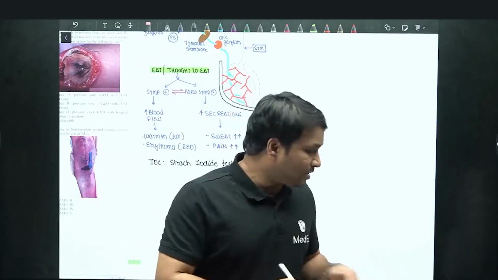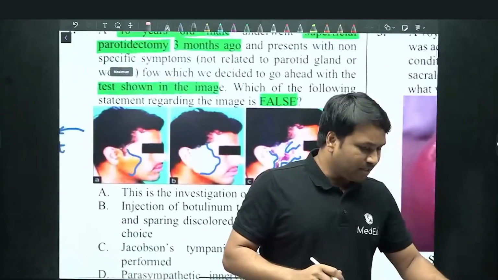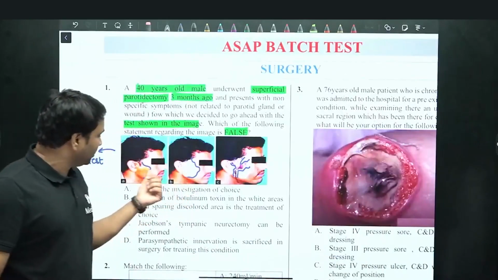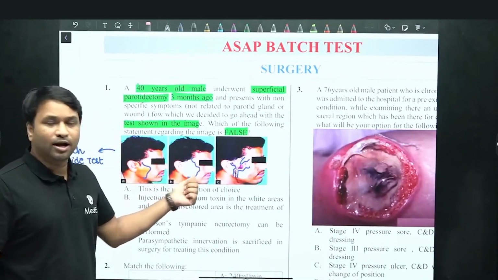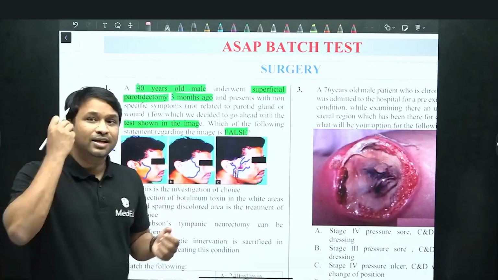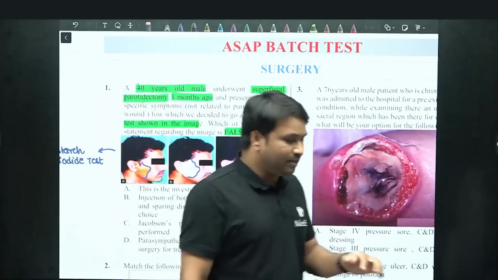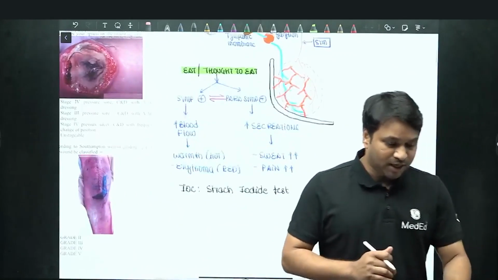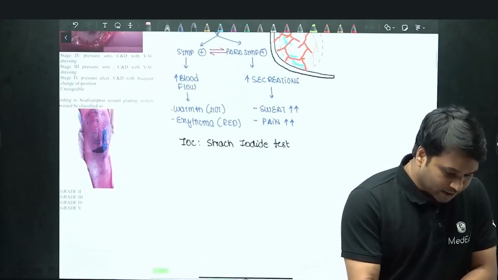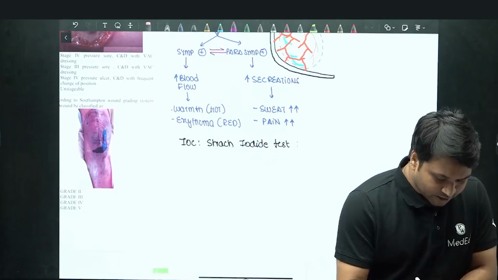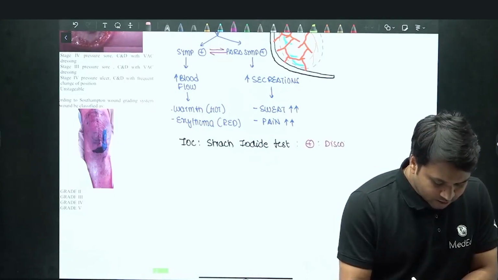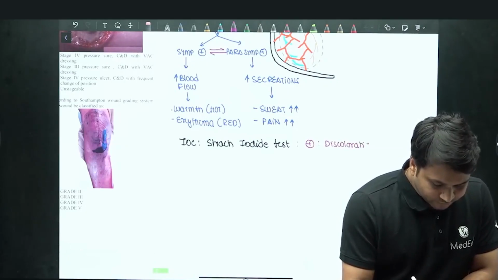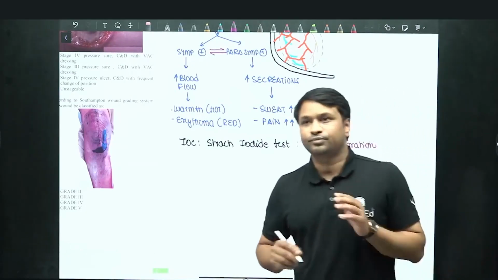स्टार्च पाउडर white होता है जैसे हमारे इमेज में यहाँ पे है. अगर आप ध्यान से देखोगे, स्टार्च पाउडर white है, आयोडीन सोल्यूशन लगाया, स्टार्च पाउडर लगाया, पेशेंट को बोला अभी खा ले, स्वेट कर ले, you will see that discolored area, and presence of discoloration is positive for your starch iodide test. So starch iodide test में जो positive result आएगा, positive means there is presence of discoloration. ठीक है, अच्छा,